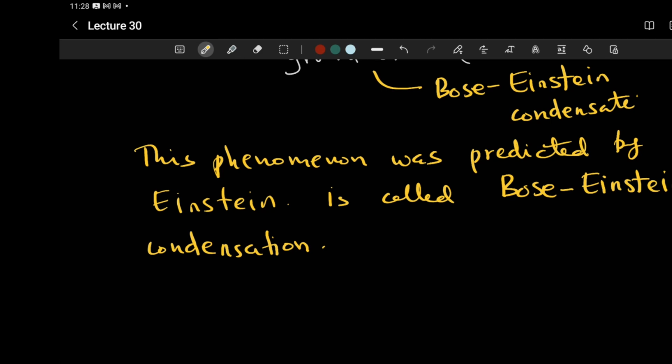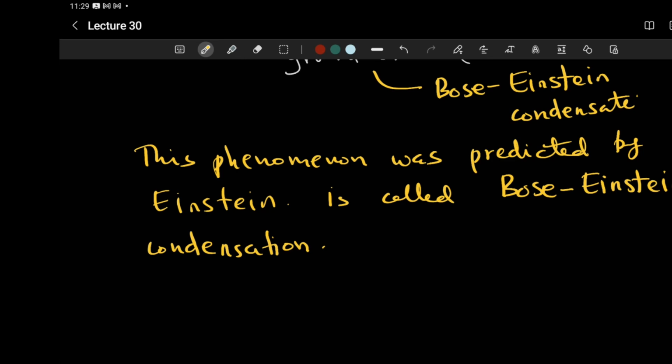The second point to ask is whether this answer is dimension dependent. We said we are in 3 space dimensions, so we got G3 by 2. Suppose we go to 2 dimensions, an ideal gas in 2 dimensions. Can that happen? If you go back and look at it, you will see that G3 half will become G1, because it came from the density of states. There was a p squared, and you wrote that as square root of epsilon. Now the density of states will come down by 1 power of p, so it will become G1.